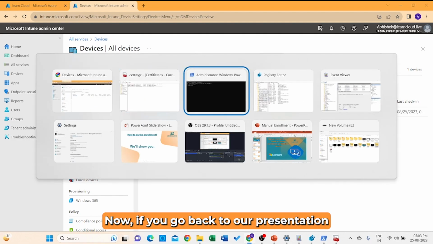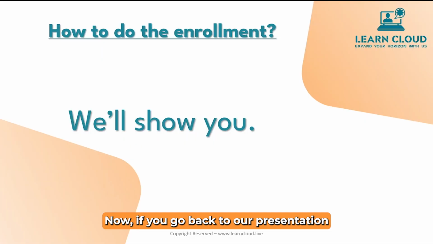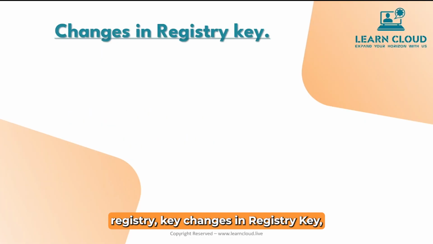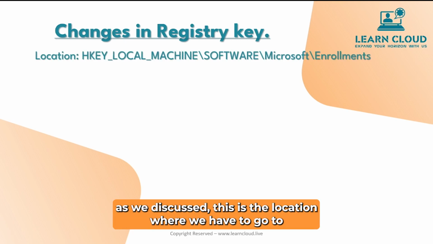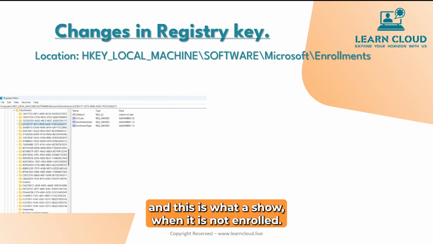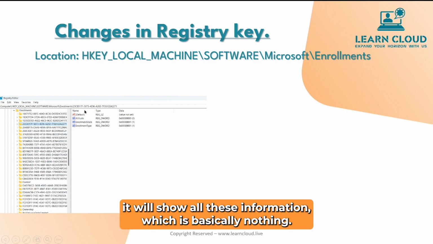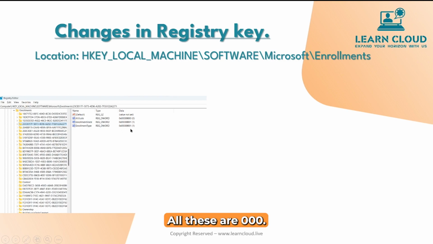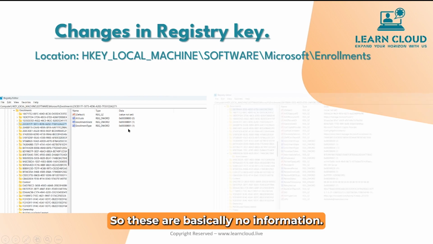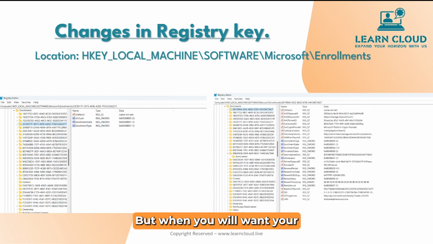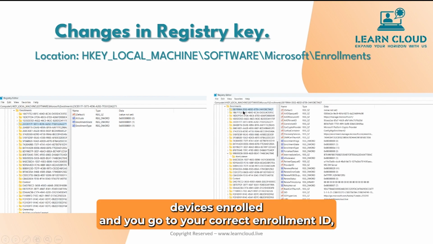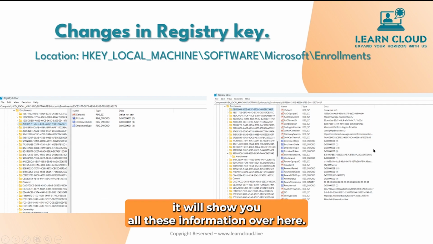Now if we go back to our presentation, registry key changes, as we discussed, this is the location where we have to go to, and this is what it shows when it is not enrolled. If you click on any of these options when the PC is not enrolled, it will show all this information, which is basically nothing. All these are 000, so these are basically no information. But once your device is enrolled and you go to your correct enrollment ID, it will show you all this